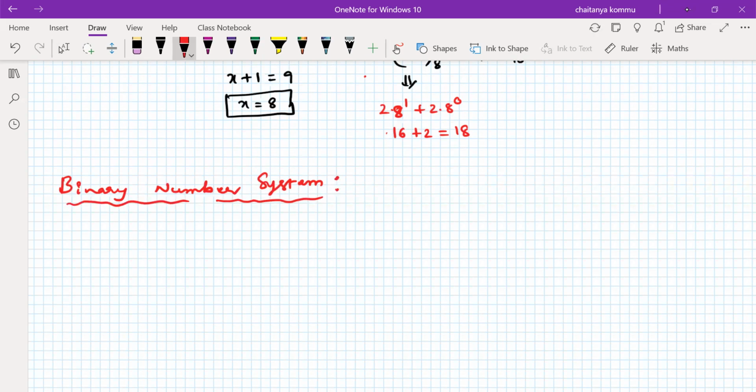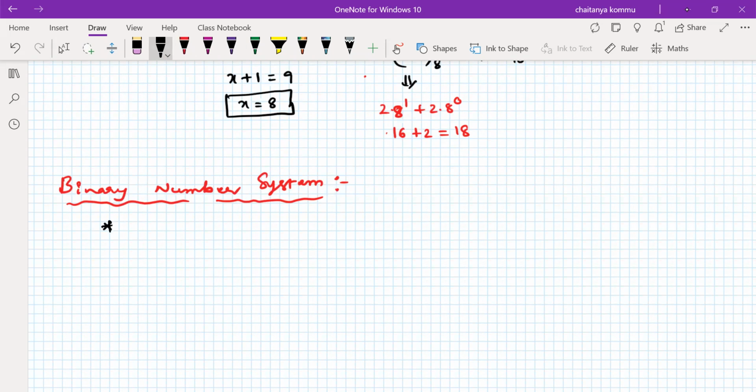So why do we want to talk about the binary number system? That is an important thing. Whatever digital system we are going to implement or design, those designs depend completely upon the binary number system only. All digital systems can take and manipulate information only when the data is in the form of binary. That's the reason why we need to talk about this one.